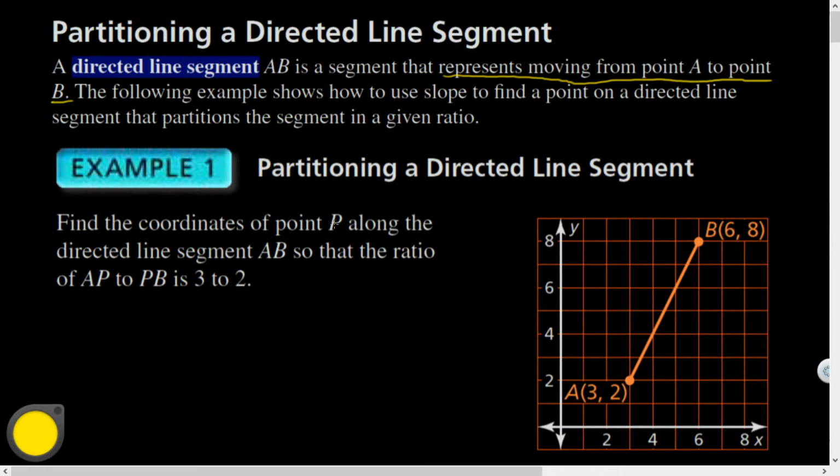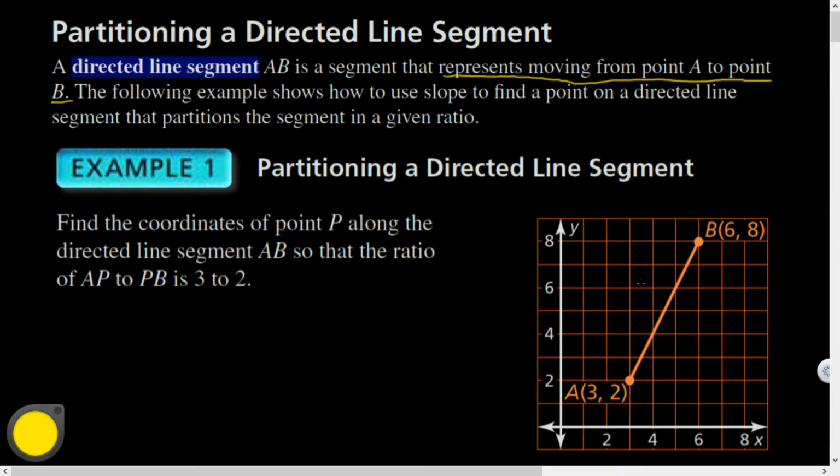So let's see, find the coordinates of point P along the directed line segment AB so that the ratio of AP to PB is 3:2. Are you with me? In order to divide the segment in the ratio 3:2, think of dividing or partitioning the segment into 3 plus 2